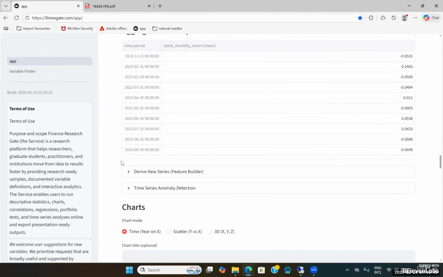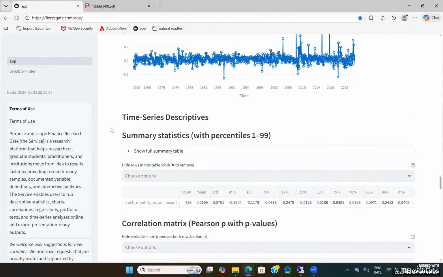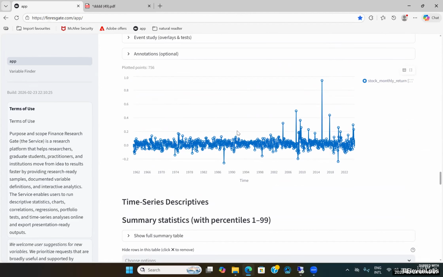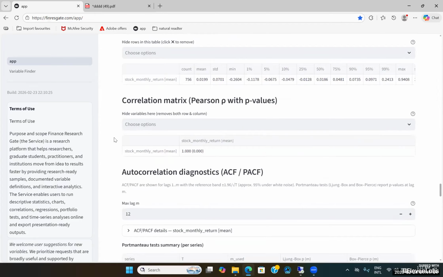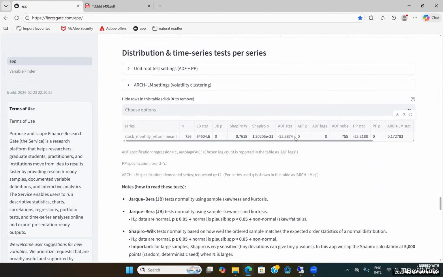Zion, what we've done here is construct the monthly market return. We achieve this by utilizing data from every single firm that's accessible on this particular website. This then forms a comprehensive time series spanning a significant period from 1962 all the way up to the year 2024. You can quickly check for stationarity, which is a crucial concept that we previously discussed in a separate video. For this particular analysis, the augmented Dickey-Fuller test, or ADF, is quite significant. Based on the results of this test, we can confidently conclude that our time series data is indeed stationary.